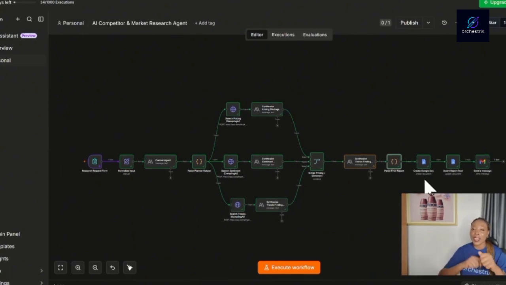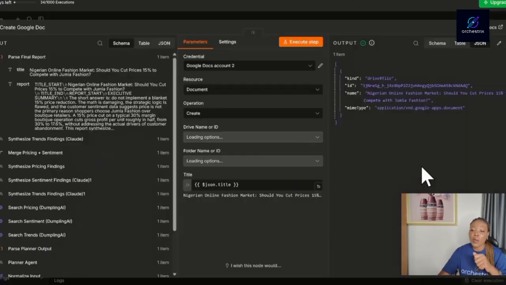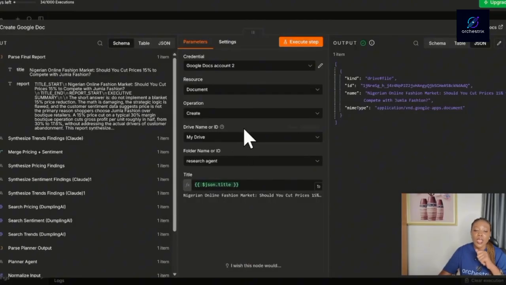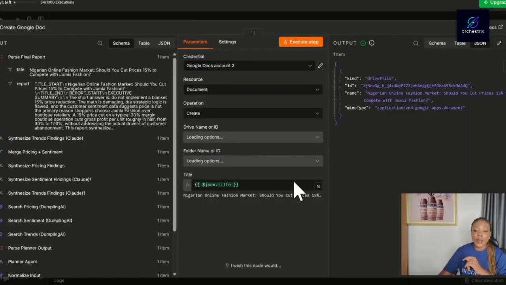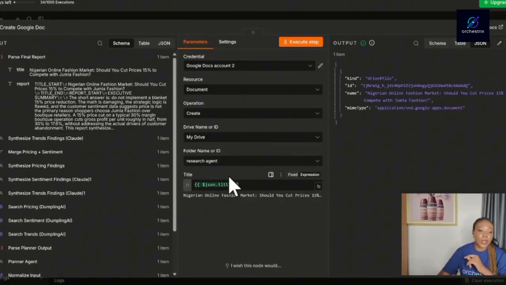Then it gives us back a report. So it's created the document for us here. This is our document. Our folder is going to be the research agent folder, and we are mapping the title that our agent has extracted for us. So that's going to be the title of the document. Then we don't have a place to add the body that the agent has put together, the report, here. So that's why we're going to use